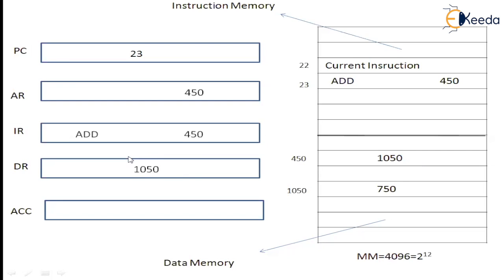Finally, once the data register is loaded with the operand, the operation, addition in this case, will be performed between the accumulator and the data register. Because in the single accumulator organization, the implicit operand is always the accumulator. Finally, the operation that is going to be performed is between the accumulator and the data register. Okay. Now, this is how an instruction is going to be fetched, decoded, and executed.